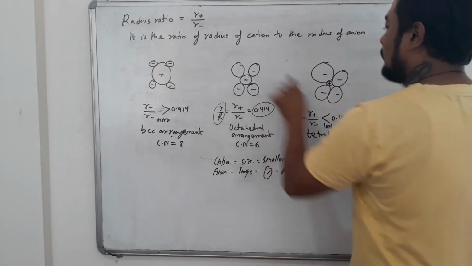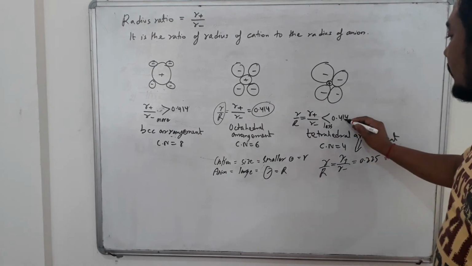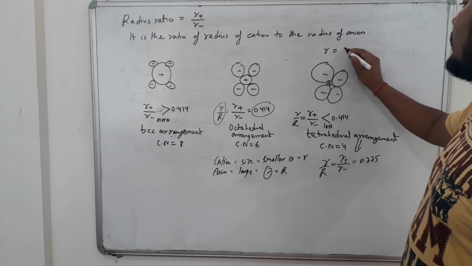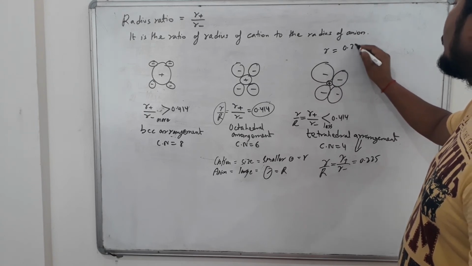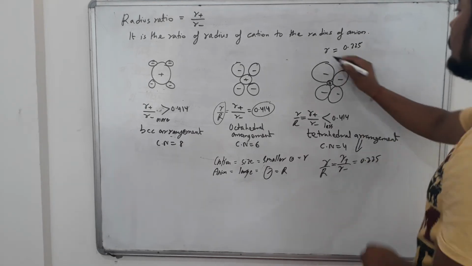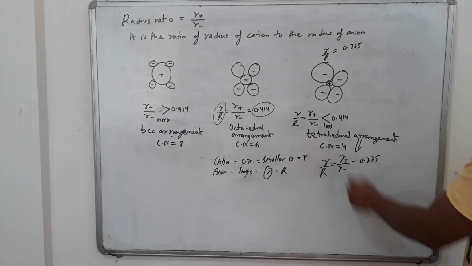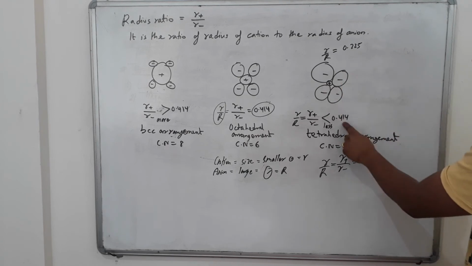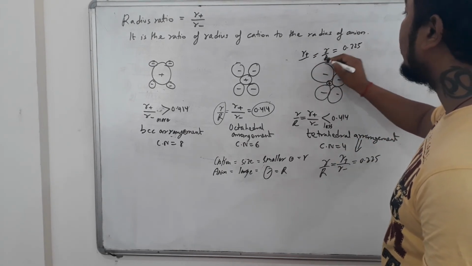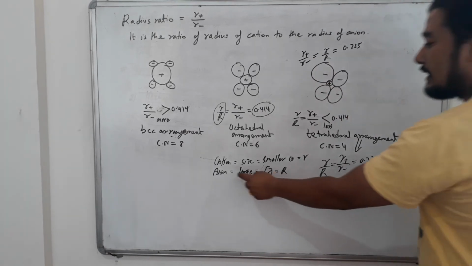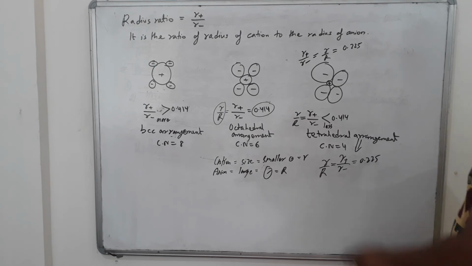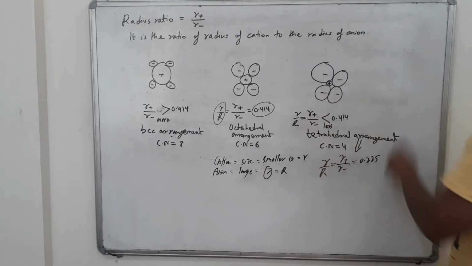Similarly here also, less than 0.414 is for tetrahedral, and in tetrahedral void the radius of the tetrahedral void will be 0.225 times the radius of the particle. If this R comes down, this will be the relation, students, which is less than 0.414. Again this small r can be replaced with the cation radius and capital R with the anion radius, because cation radius is smaller, so small r, anion is bigger, so capital R. So do remember this relationship.